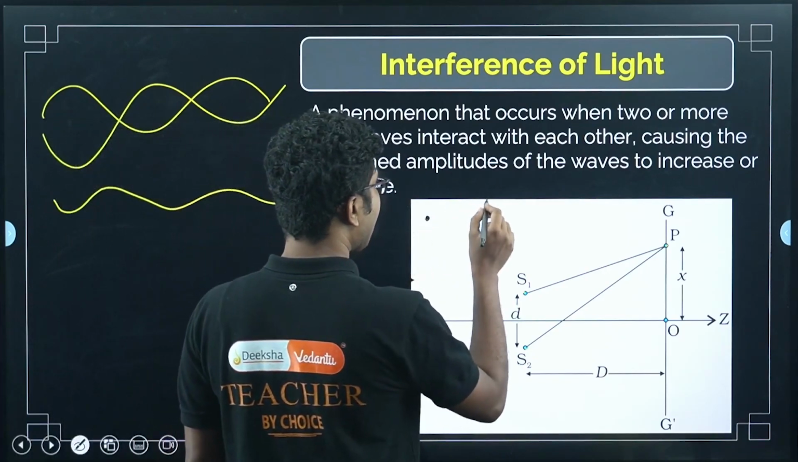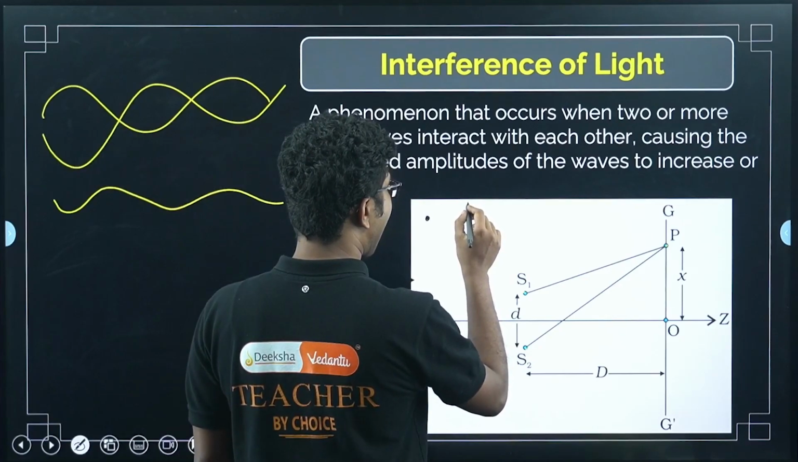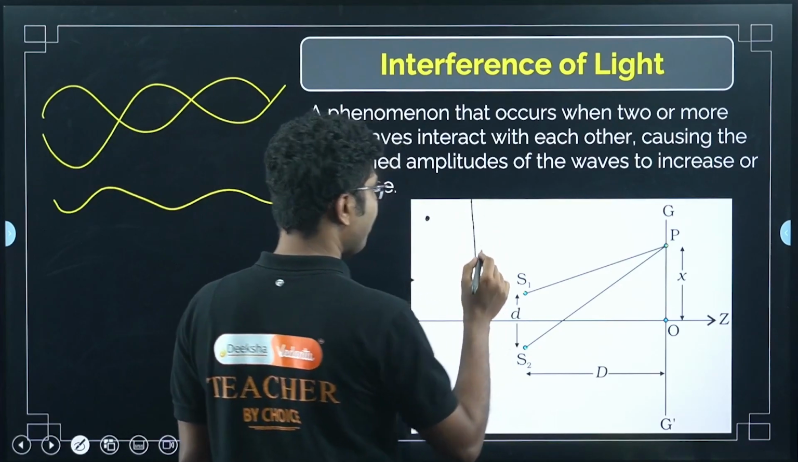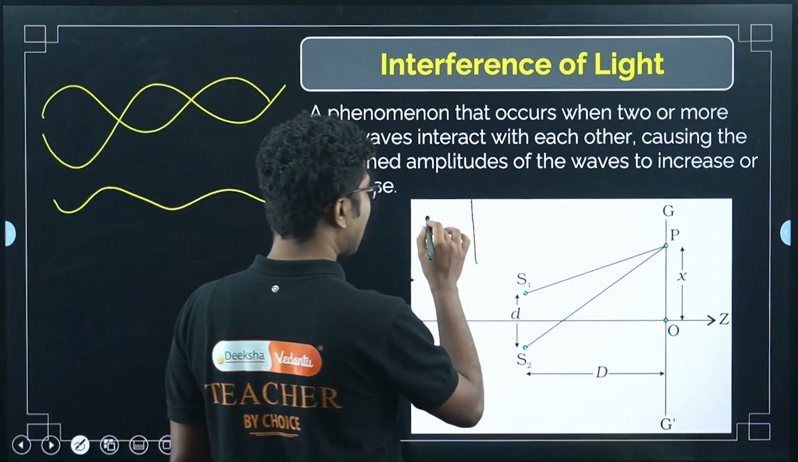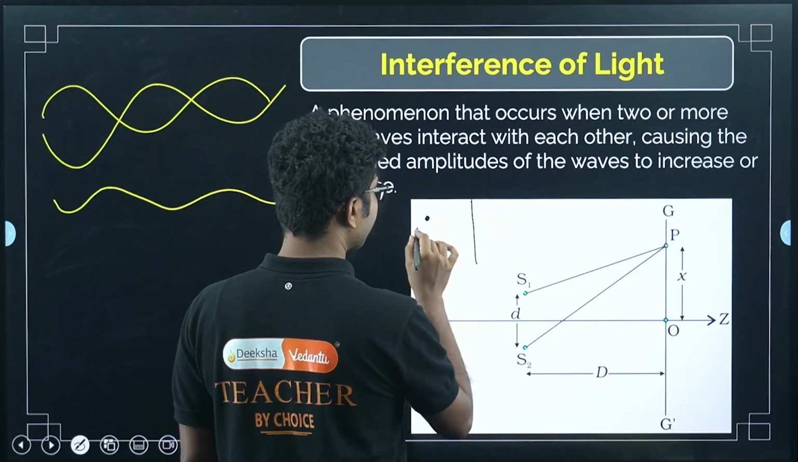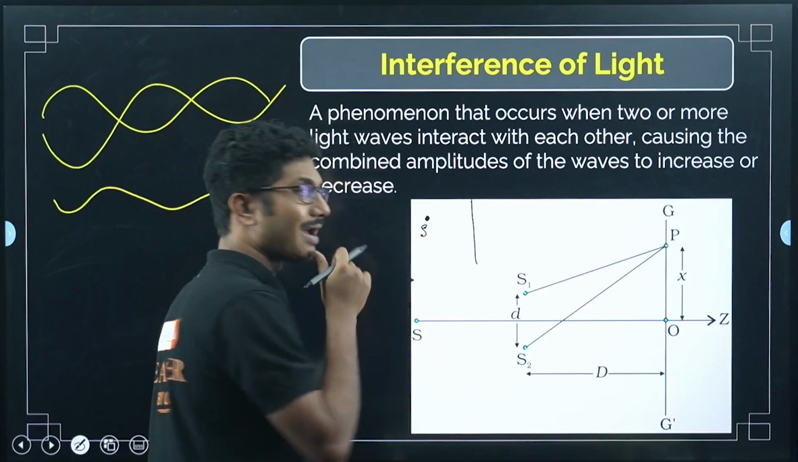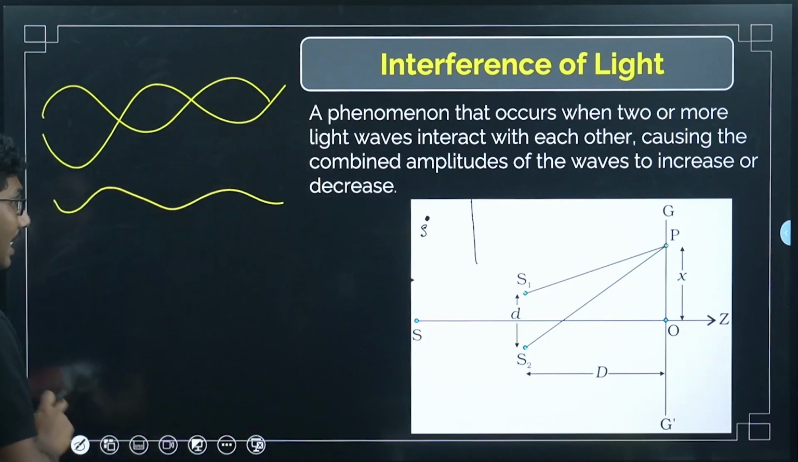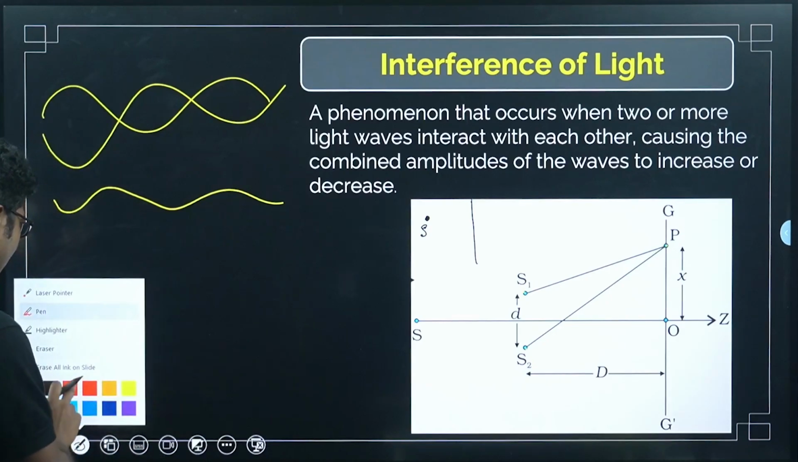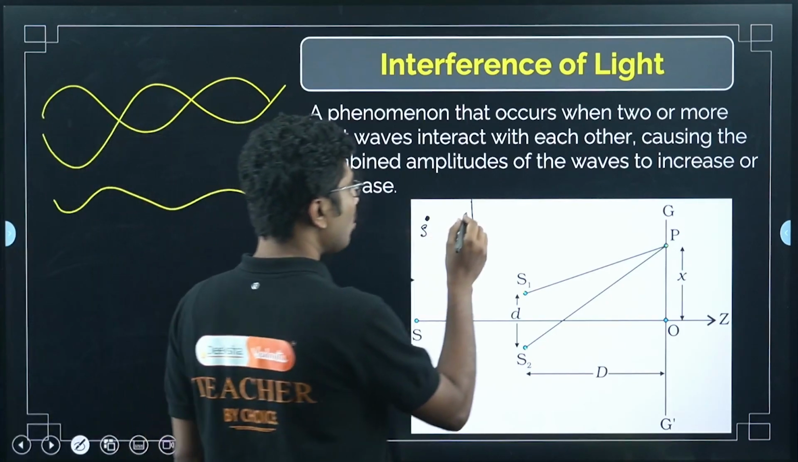Now from there, suppose we have a plain sheet of paper, completely dark. I have a light source, say a bulb or halogen lamp, whatever it is, but it has to be monochromatic. Now what we have done, we have created two holes